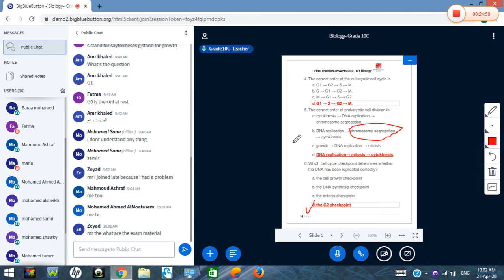The next phase or the next stage, it may be the main phase, it can determine the DNA replication correctly 100%. For example,